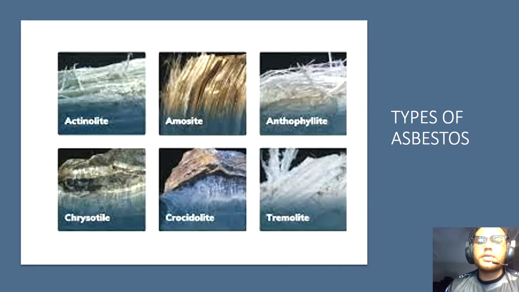According to the Asbestos Hazard Emergency Response Act 1986, which is AHERA, there are 6 types of asbestos and they fall into 2 categories, which are amphibole and serpentine. Asbestos is made up of mineral fibers such as chrysotile, actinolite, amosite, anthophyllite, crocidolite, and tremolite, as well as any of these minerals that have been chemically treated or modified.